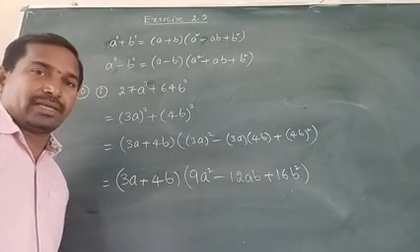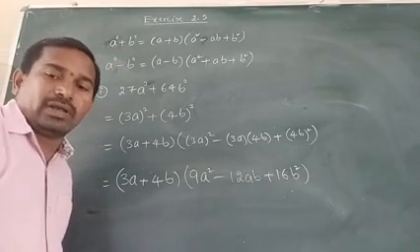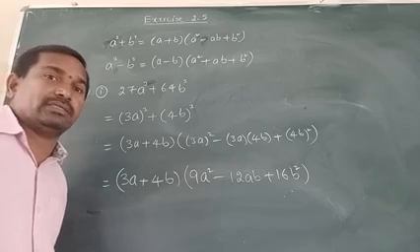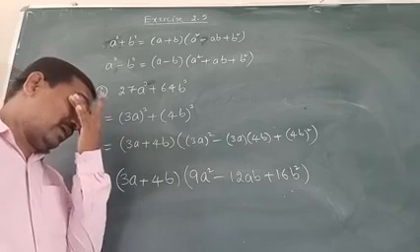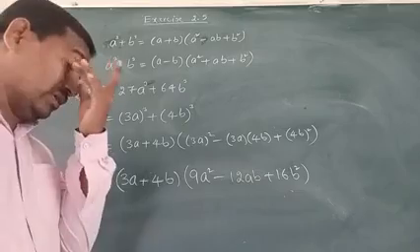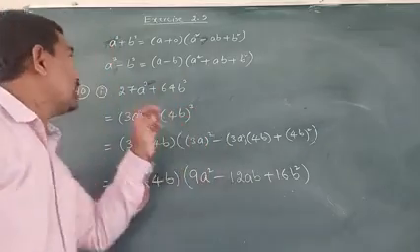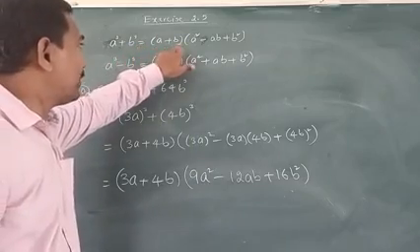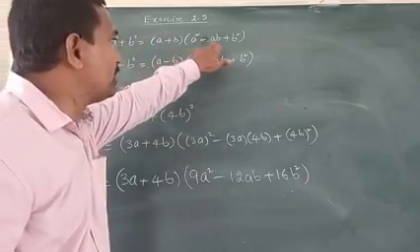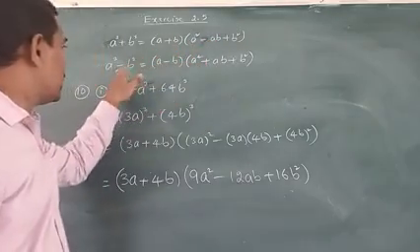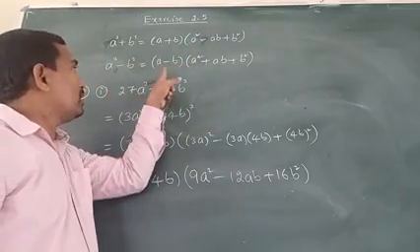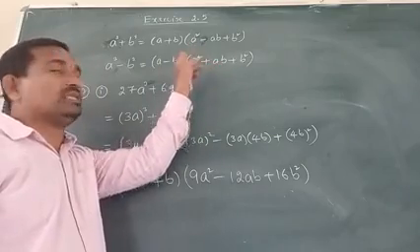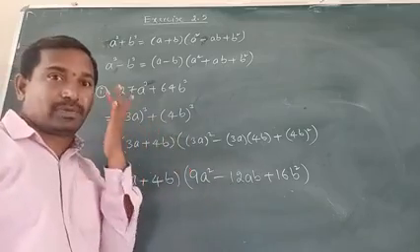So next, factorize the following, that is the 10th one. The 10th one is using different identities. Before, we have done a plus b whole cube and a minus b whole cube. Here, a cube plus b cube equals a plus b into a square minus ab plus b square. a cube minus b cube equals a minus b into a square plus ab plus b square. So using these two identities we factorize these problems.